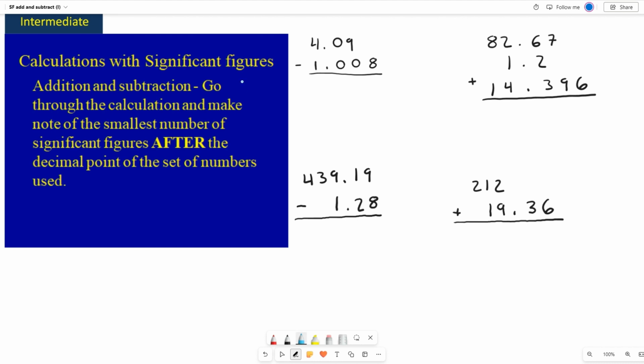So for our first example up here, we have 4.09 minus 1.008. The 4.09 has 2 digits after the decimal, and the 1.008 has 3 digits after the decimal. Our answer, therefore, can have a maximum of 2 digits after the decimal. So your answer is going to have the fewest digits after the decimal as whatever numbers that you're starting to work with. So if we take a look, 4.09 minus 1.008, you'd initially get 3.082